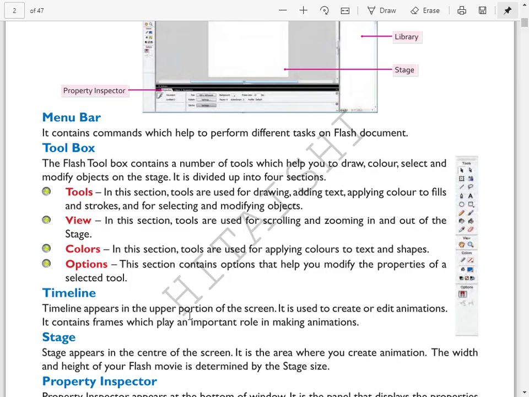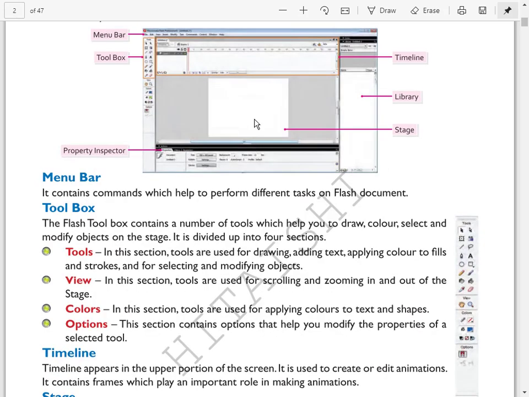Timeline appears in the upper portion of the screen. It is used to create or edit animations. It contains frames which play an important role in making animations. Frames means a single image.